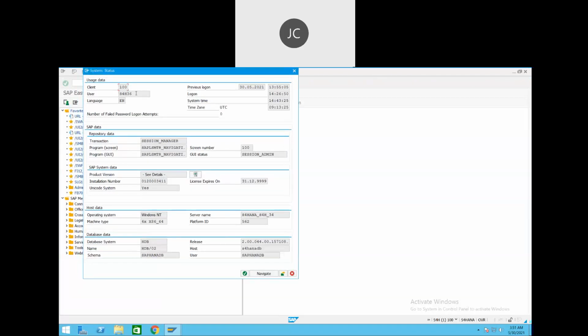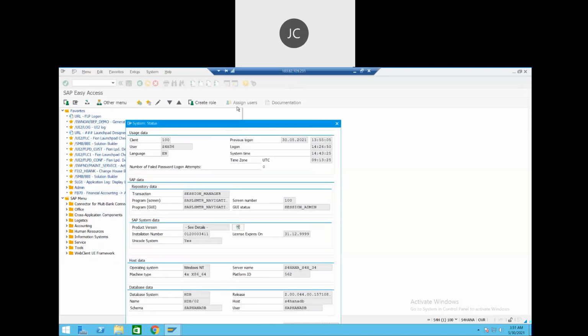You can see your username, the client, the language which you are logged into. Then there is some SAP data, repository data, session manager and all. This makes more sense to technical guys, but yes, this is the screen number here, session and admin. This is also very important, system status, many times to know this screen number and all.